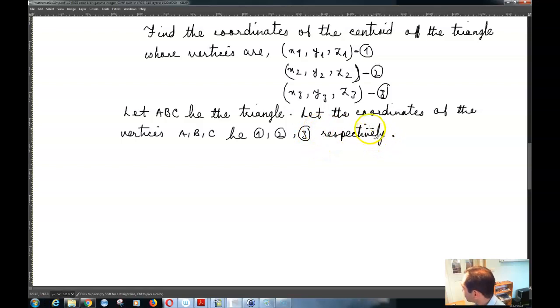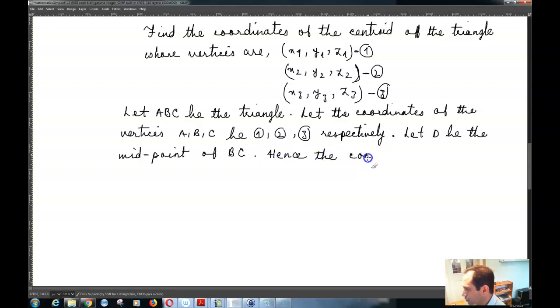Let D be the midpoint of BC. Hence the coordinates of D. So as a diagram, you can imagine that you have this triangle over here, and this is point A,